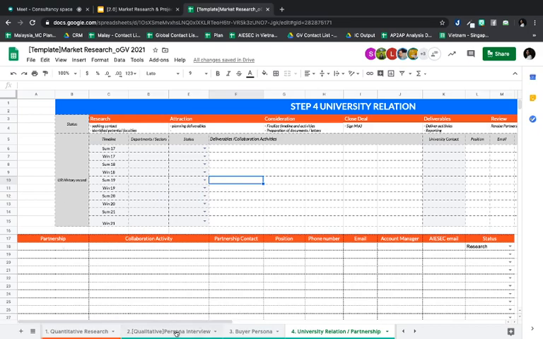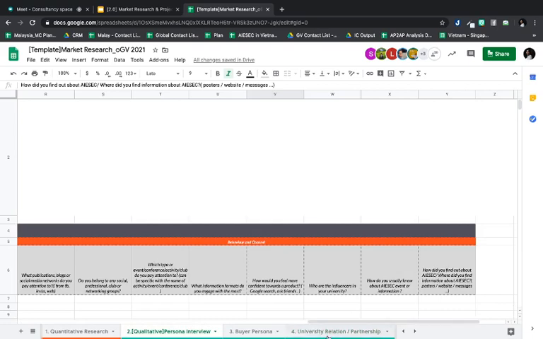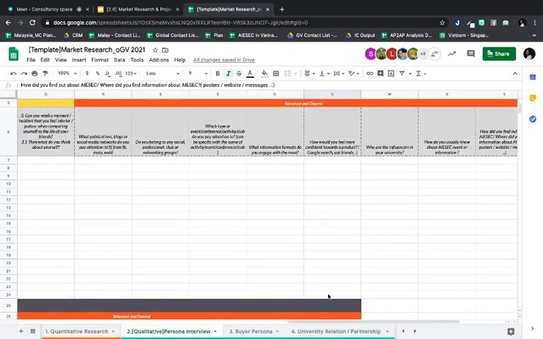Normally the partnership insight should be taken from the behavior and channel. So for example, if I know that business students usually attend a lot of club activity, and their influencer is maybe their senior or the lecturer, then first, you can think about partnership with the club that business administration students normally attend.